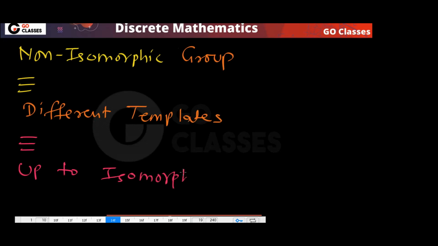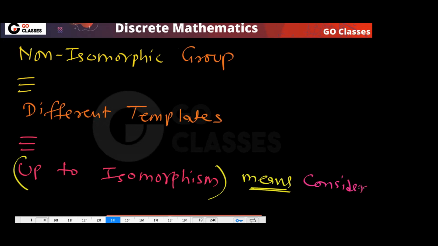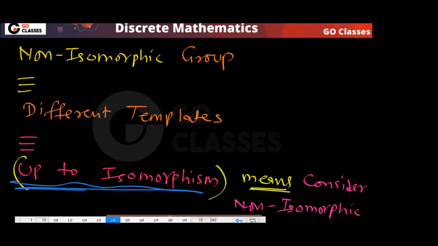Up to isomorphism. What this word means, let me tell you. This simply means that you have to consider non-isomorphic. Remember, we will see this word, up to isomorphism, in graph